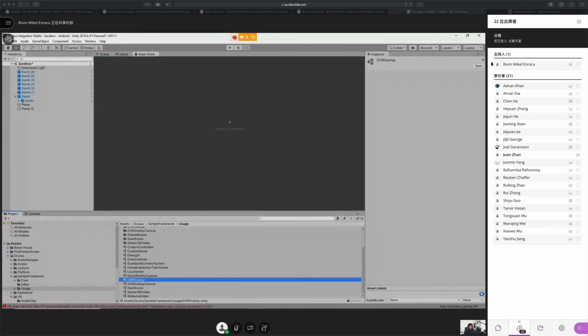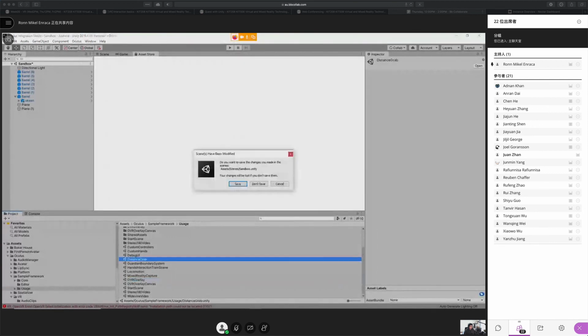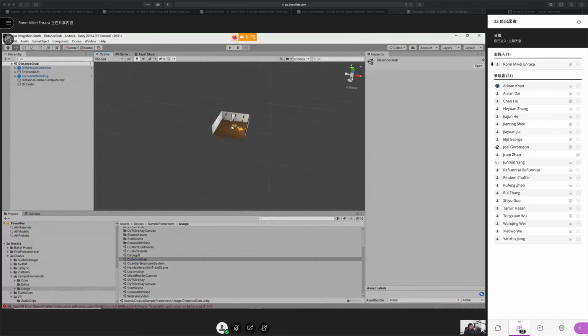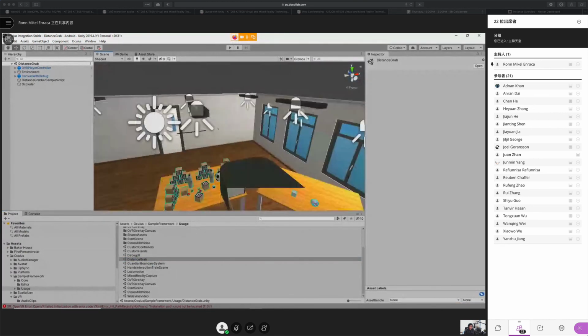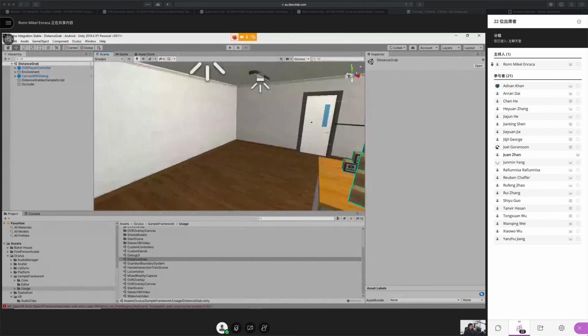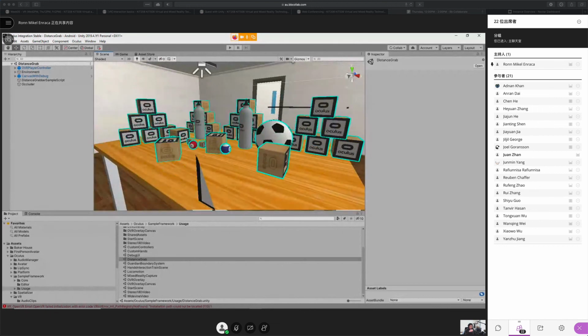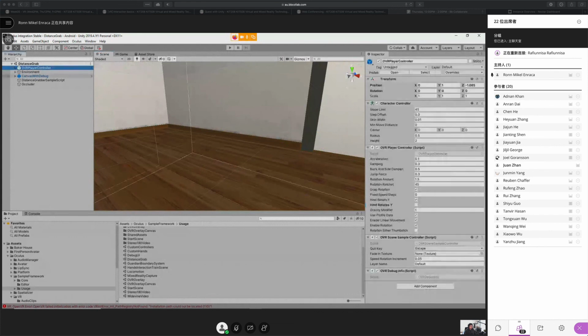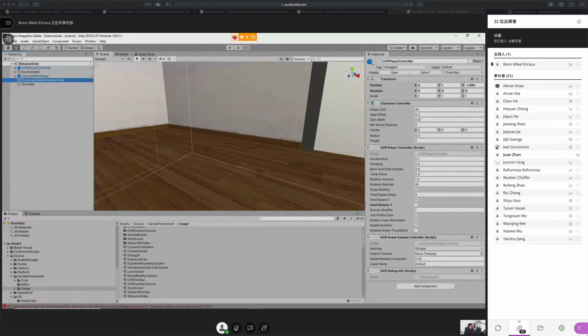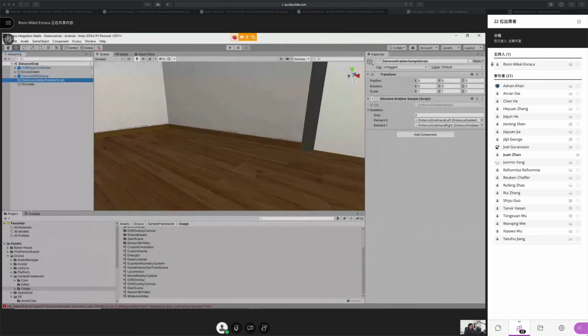Now there's stuff like, say, for example, distance grab. That will actually show you a sample scene where you can grab the various objects in the environment, either up close or from a distance. And the main point of these sample scenes is so that you can have a look at the hierarchy setups, as well as the components, as well as the scripts that were used in order to make those